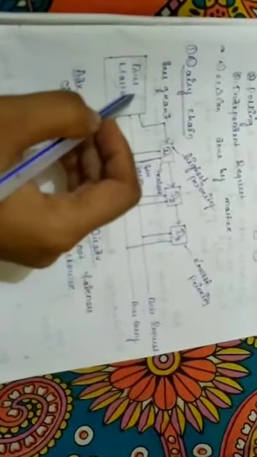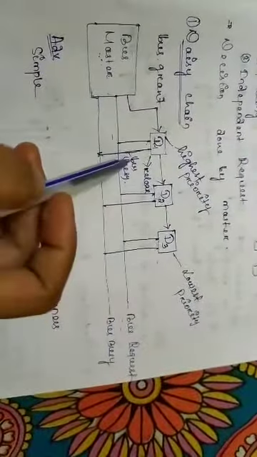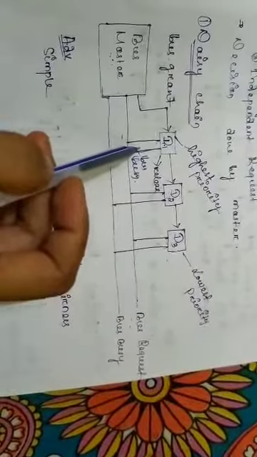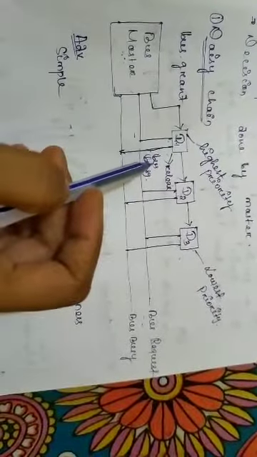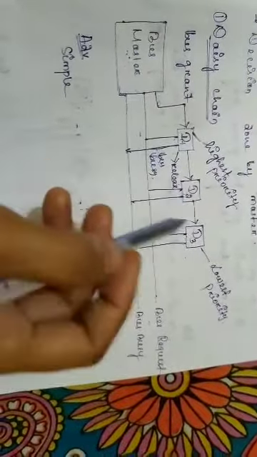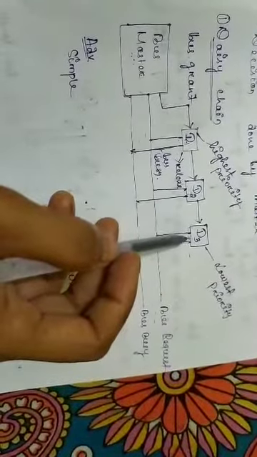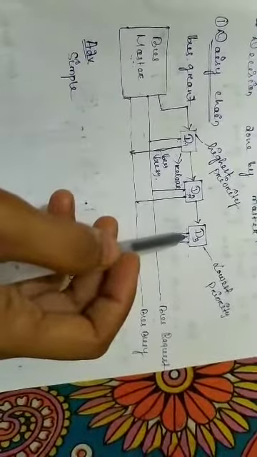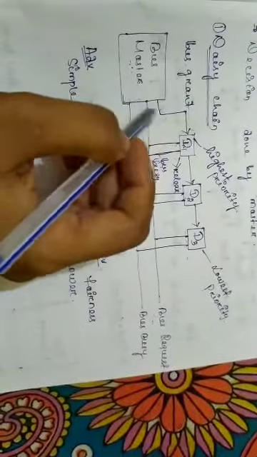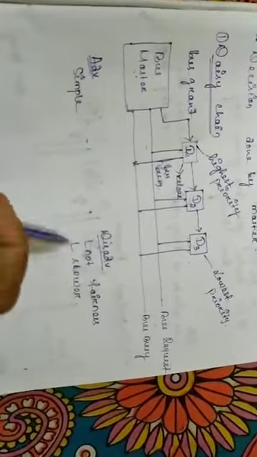So this type of mechanism or process is slower, and also it is not fair enough, as the lowest priority device has to wait for a long period of time. Okay, so these are the advantages and disadvantages of the daisy chain method. The advantage is it is simple, and the disadvantages are it is not fair and it is slower.